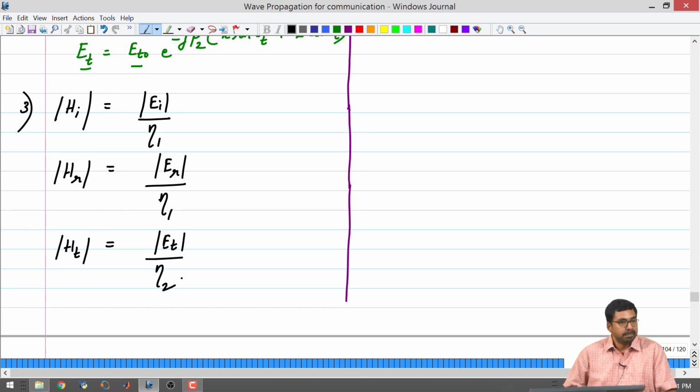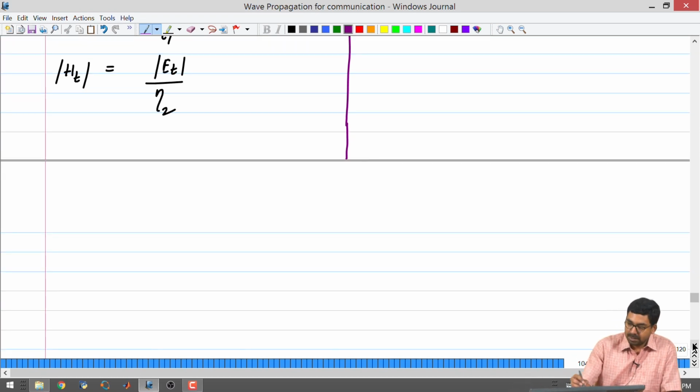Okay. If you wanted to write down the detailed magnetic field expressions, the procedure is going to be exactly same as what you did for the electric fields. Okay. You can resolve the components of the map. The only thing is you will have to be careful with the components, which component is going along the x direction, which component is along the z direction, etc. And you will have to be a little careful with your k vector, that is it. Right. But the procedure is exactly the same, there is no big difference here.